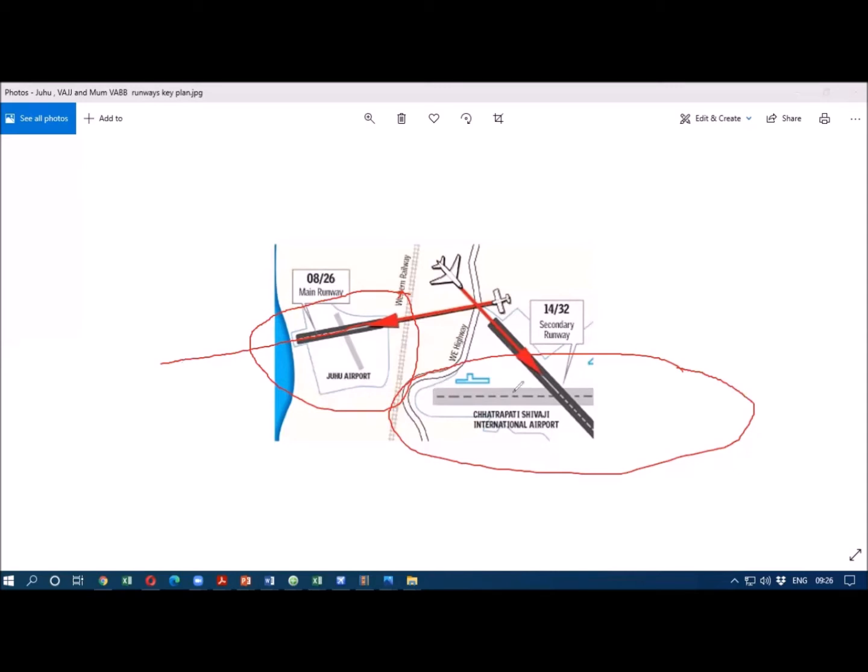And we won't be landing on 14/32. There are two runways in Mumbai, the cross runways. This is 14/32, this is 140 magnetic, this is 320 magnetic. You can see this is 360, so this is 320. We won't be landing on this runway, we'll be landing on the main runway, runway 27/09. This is 270, this is 090, the reciprocal of that. So we will be coming via New Bombay and then landing on this runway 27.